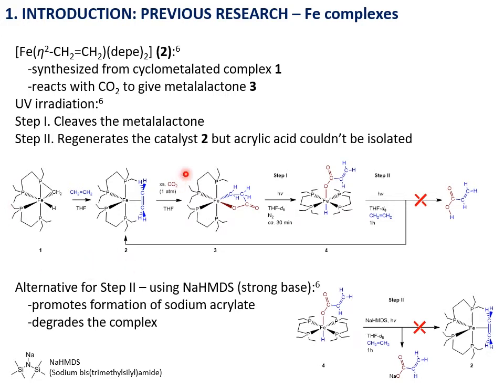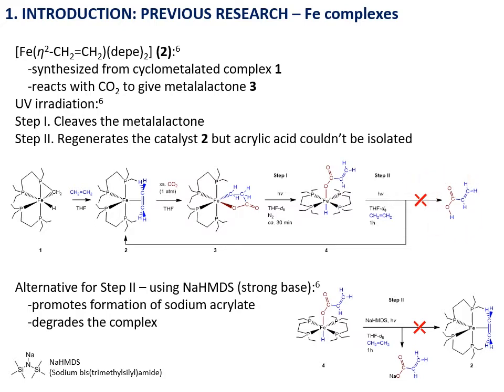Carbon dioxide can form a carbon-carbon bond with the ligand, followed by cyclization, which leads to the formation of the saturated metallolactone iron complex. The next step is to cleave the cyclized ligand, which is usually done by deprotonating the beta carbon, leading to the formation of the acrylato hydride. The final step is to regenerate the catalyst by releasing the acrylic acid from the complex.